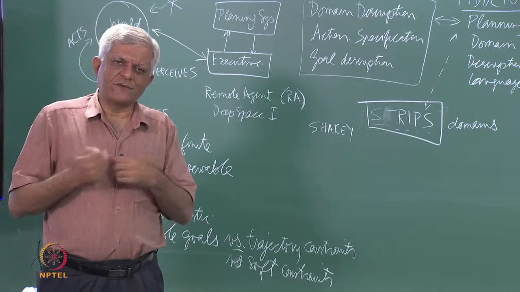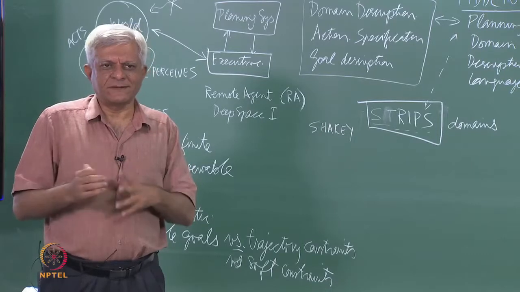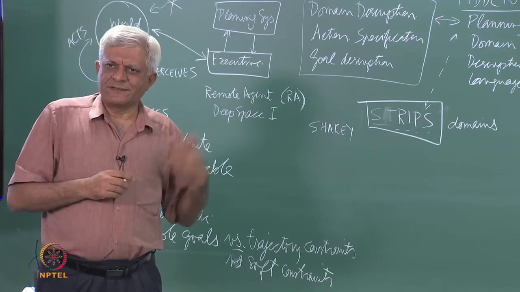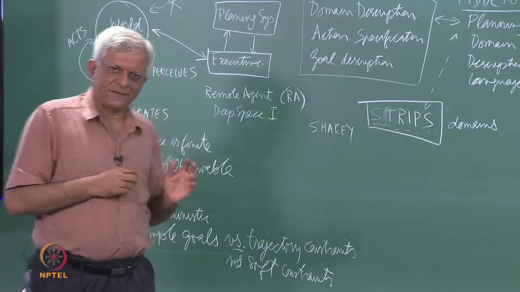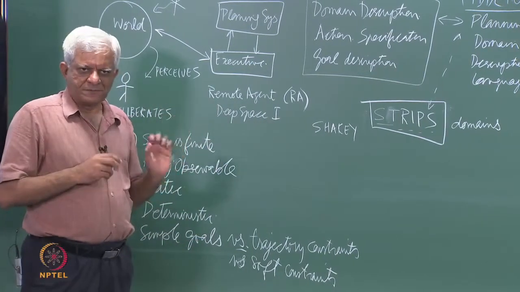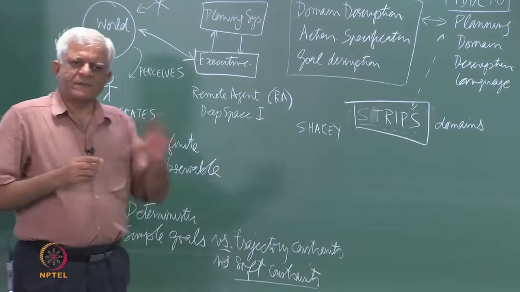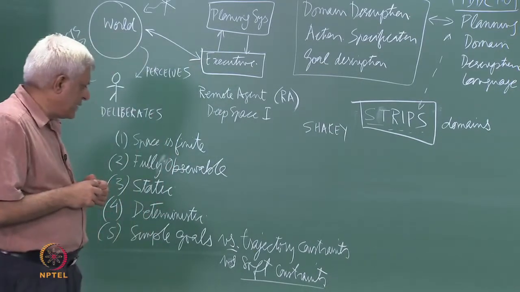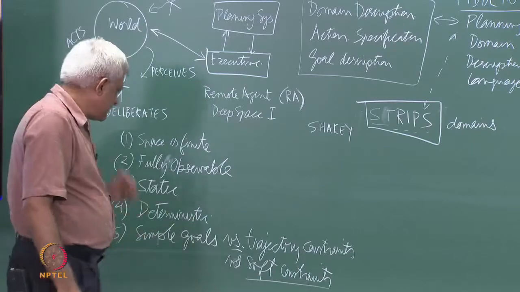And then you would of course have a penalty associated with that, saying that if I do not achieve this goal of buying a toothpaste, my plan is not as good as the plan if I had also bought a toothpaste. And then it becomes an optimization problem, because you now have to find a plan which satisfies certain optimality criteria, as opposed to just satisfaction criteria which says if these things are true, then I have achieved my goal. Whereas, here you are willing to relax it, and that is why it is called soft constraints: you are willing to allow for some things not to be achieved and you would still accept a plan. So, obviously, with each such condition being relaxed, the problem becomes harder and harder.